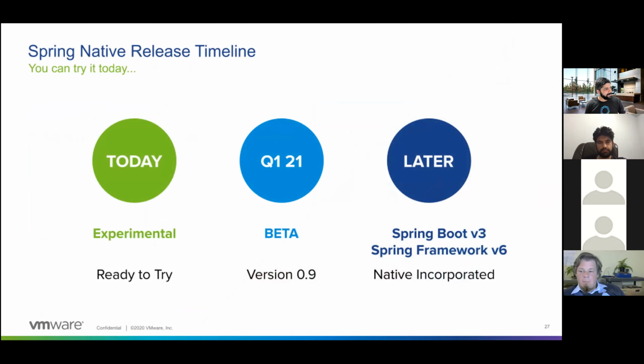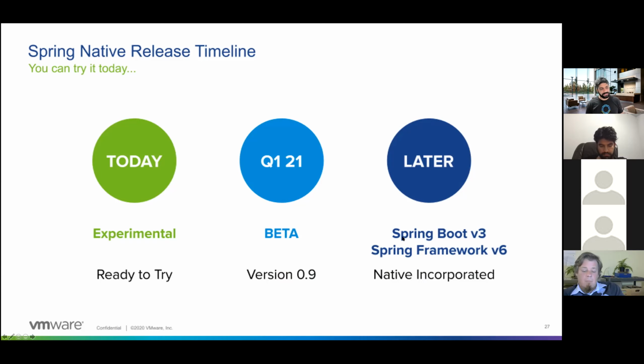Yeah, so right now it's in experimental alpha stage. 0.8.5 is out. End of Q1 is what I'm thinking. So maybe March there will be 0.9. The team, I think, is going to tag it as a beta. So fairly stable. The goal right now is to basically support all the starters that you see on start.spring.io, right? So I believe there are 20-ish already fully supported, right? So they are just adding those, getting it as feature rich as possible. And then